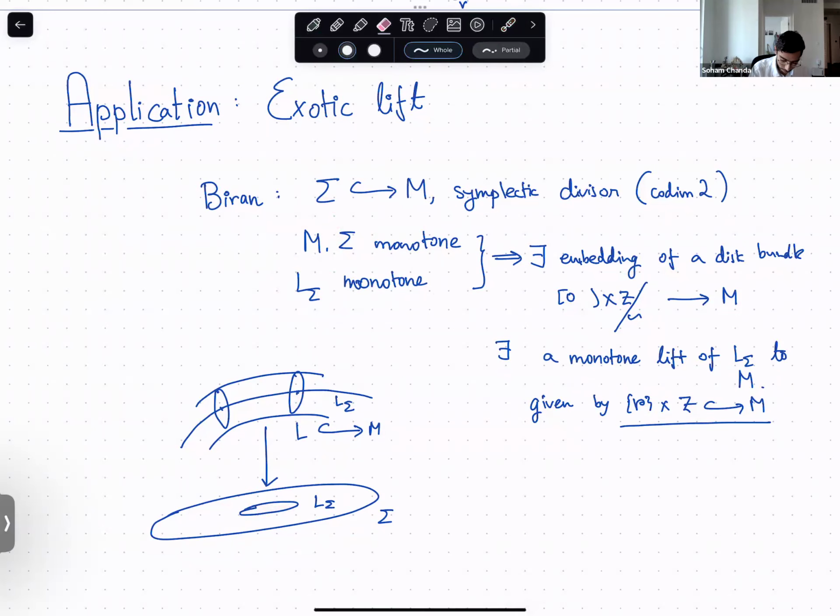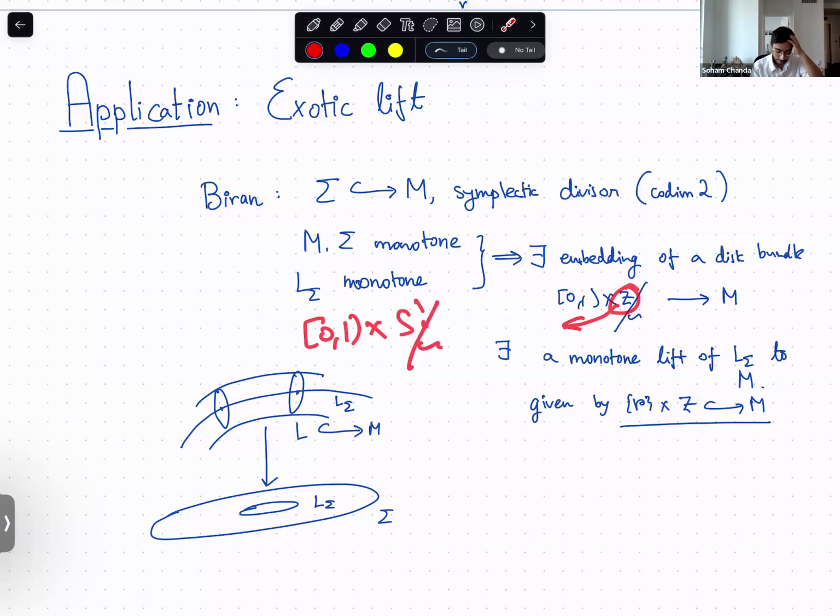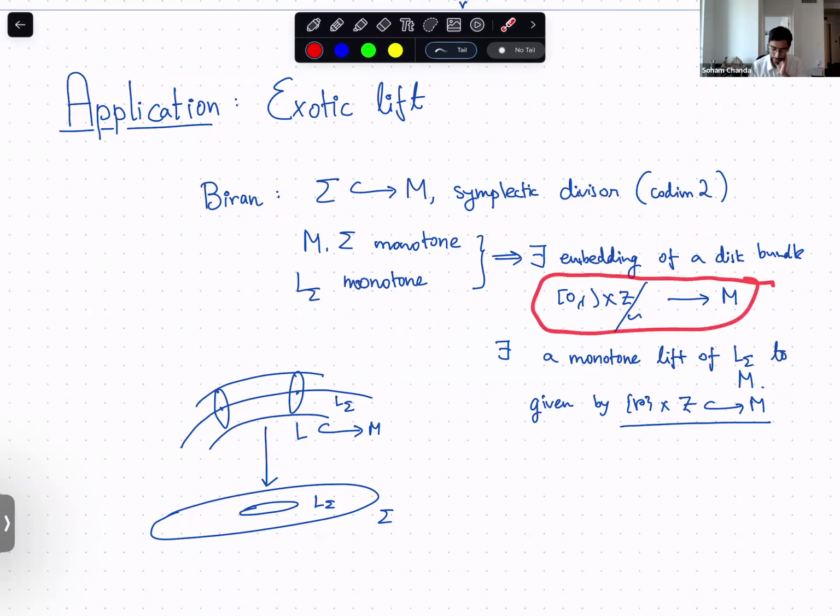So I'm viewing this as a disk bundle where on the 0 you do the standard identifications, and this is a circle bundle. So what I'm doing is (0,1) times S1 quotient by something will be equal to the disk, where the quotienting is happening when you have radius 0. Anyway, what Biran shows is that since you have such an embedding of a pre-quantum bundle Z over sigma,